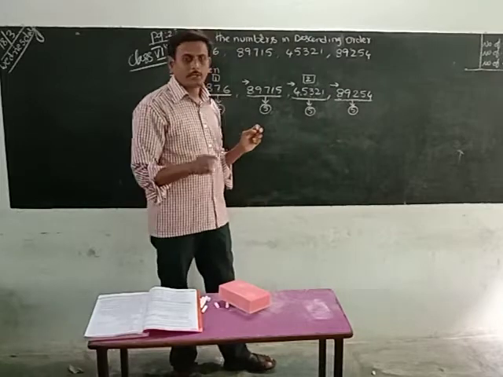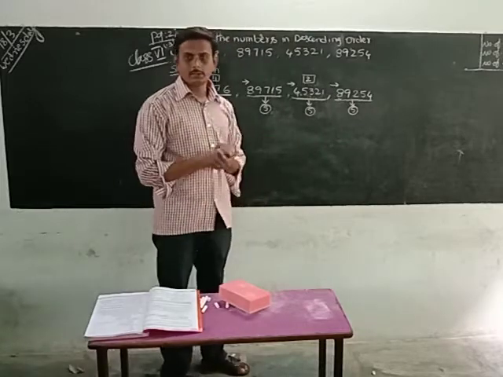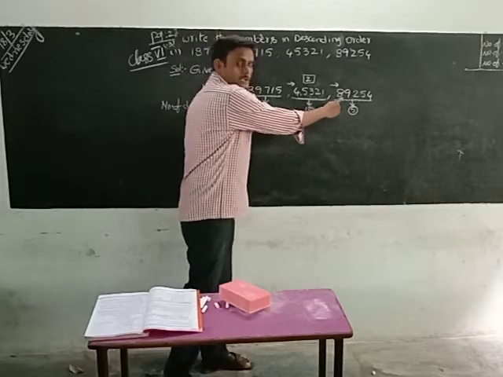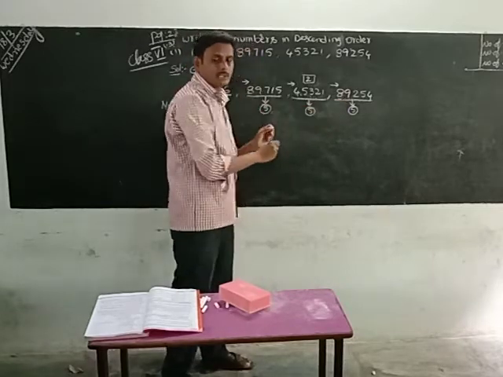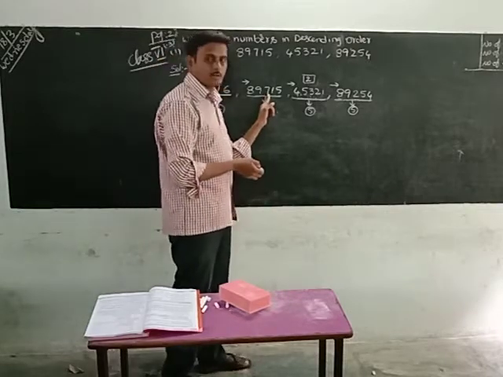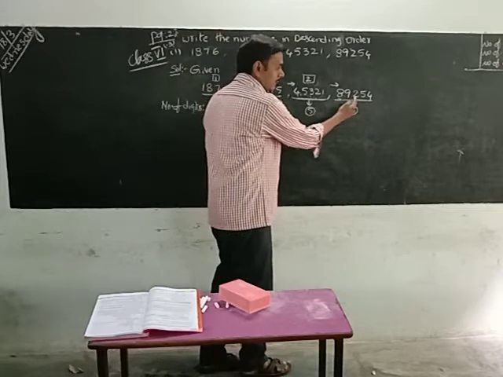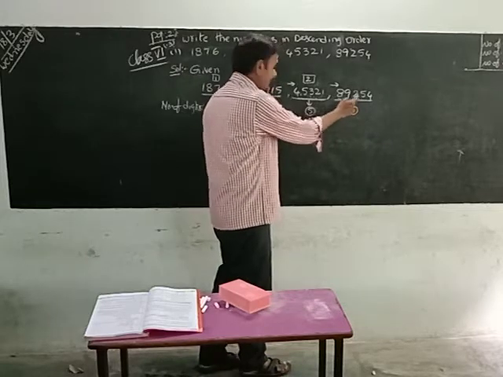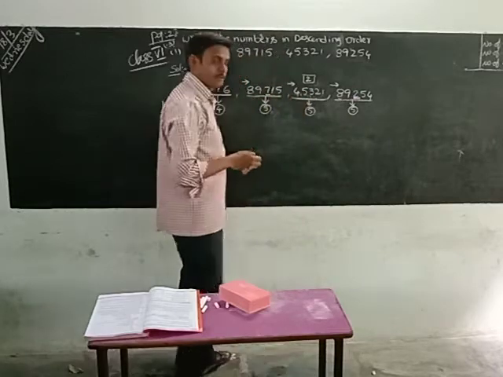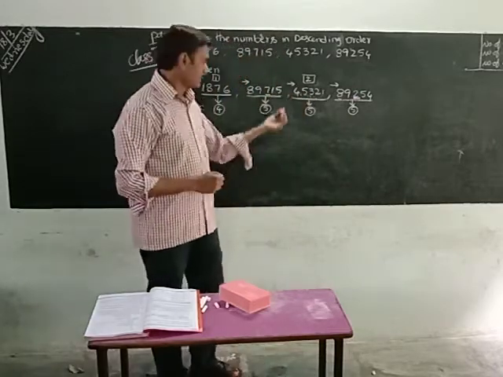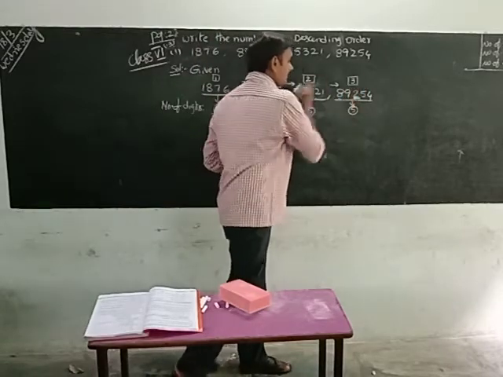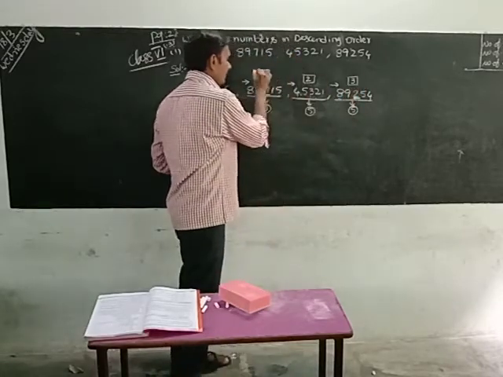One thing to remember: while comparing the digits, which place digit are we comparing? First place, second place. Such place only we should consider for comparison. We take the third place digit from the left side. Okay, 7, 2. Which is the smaller can be decided, yes, because those are different numbers. 2 is the smaller. So this is the third place, and this is the fourth place because only one number remains.